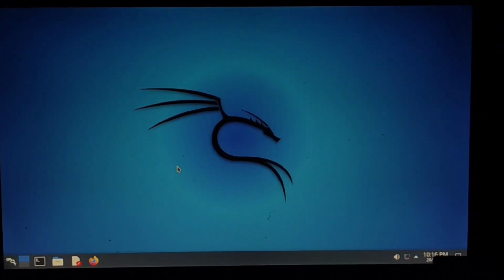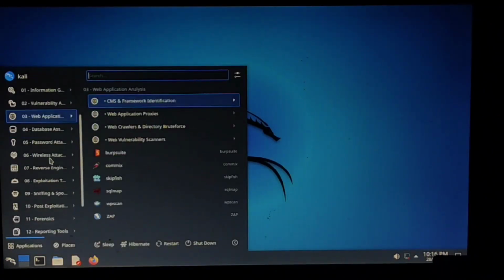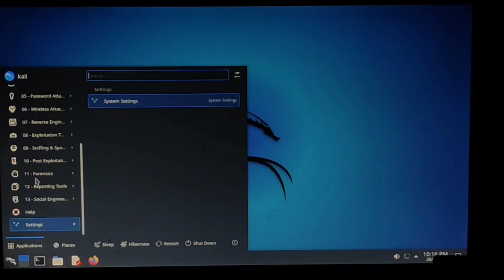Finally, Kali Linux is installed. Here you see all of the tools.